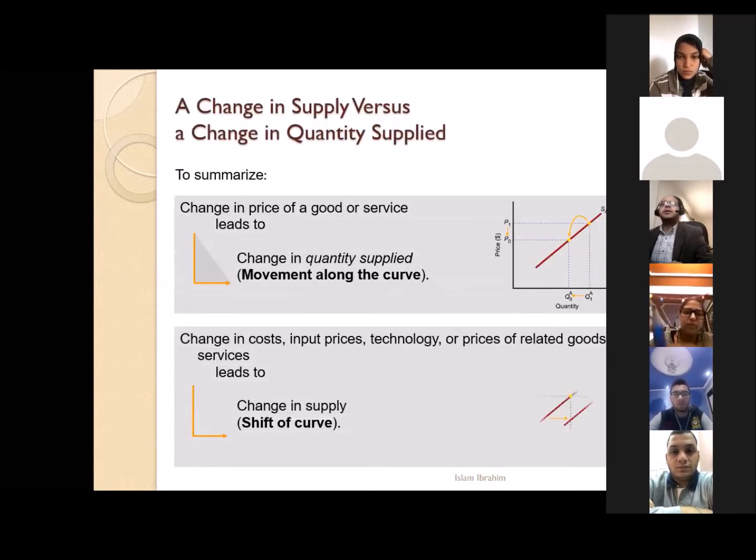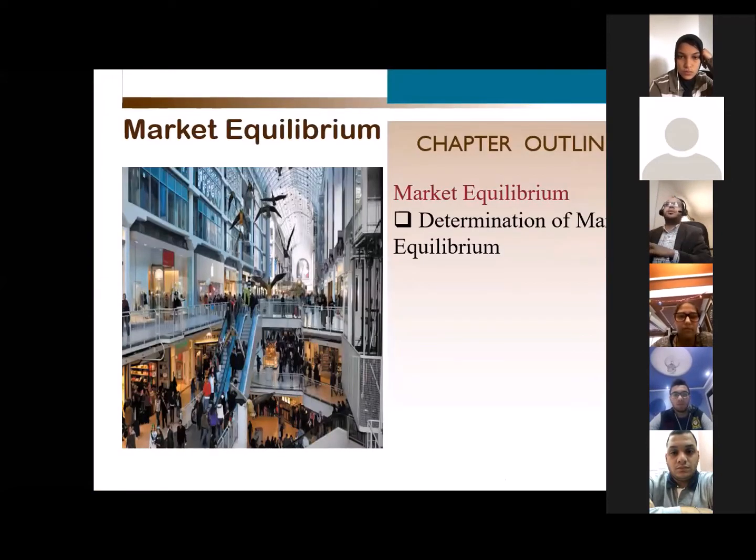And this is the summary for that. So this is the first part when we finish the supply and demand. The same as at the end of the last lecture, we start by